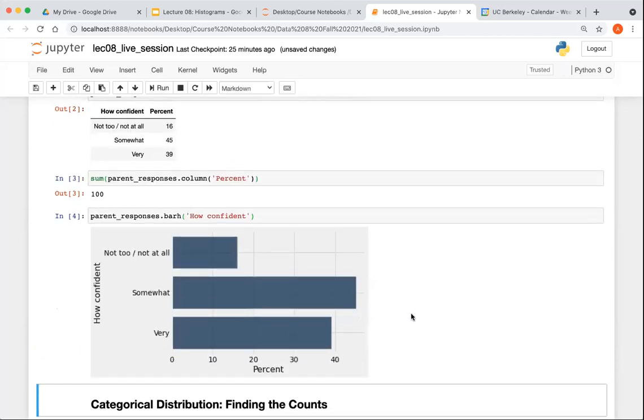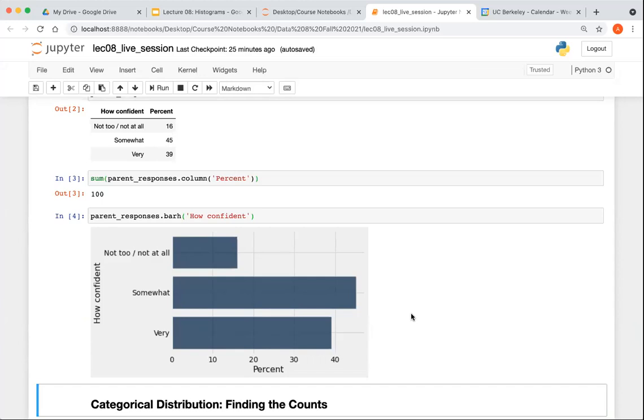Okay, there's your bar chart, and in this bar chart, somebody else had done a bunch of work for us. The surveyors had gone and taken the surveys, but they had come back with individual responses for each parent. Yes, it would make multiple charts given more variables. It would, by default, I think it overlays them.